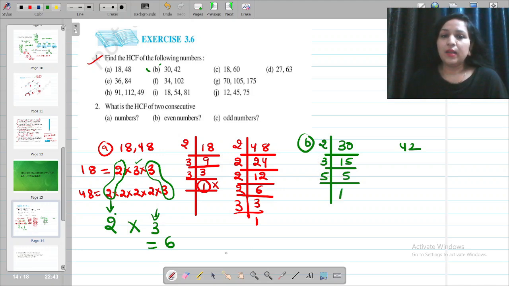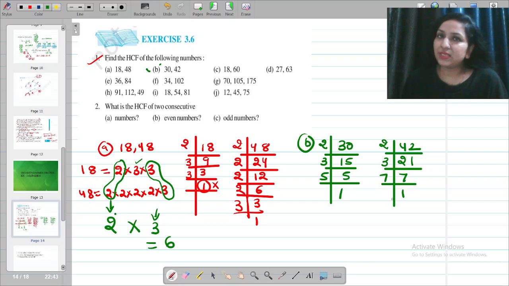It's 1. Now it's a turn for 42. 42 being an even number, I can divide this number by 2. So 42 divided by 2, is it 21? 21 divided by 3 is 7 and 7 divided by 7 is 1. For this, once again I request, please learn the tables at least till 20 for making your calculations faster. Now 30 can be written as, have a look, 2, 3 and 5.